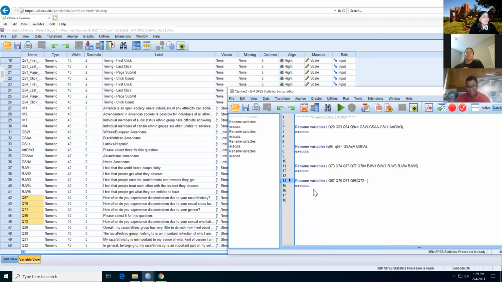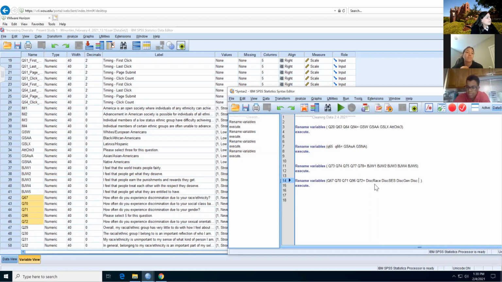I kind of really love syntax because it lets me know what did I do and what did I label? So it lets me go back and see, on the survey it's Q72, but I renamed it whatever I renamed it. So Q67 looks like discrimination race and discrimination SES, and then discrimination Q71 gender,